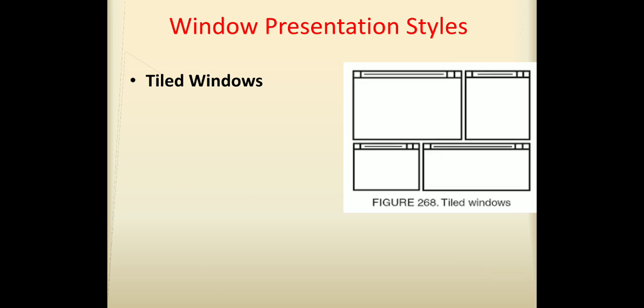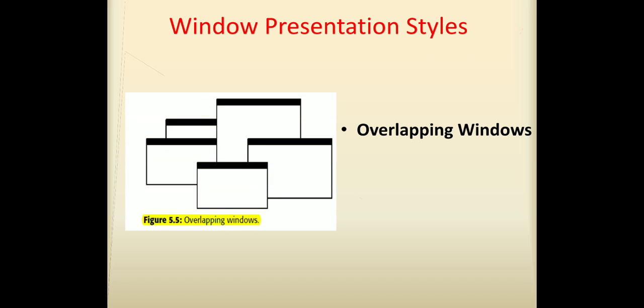The next type of window presentation that we have is the overlapping windows. Overlapping windows may be placed on top of one another just like papers on a desk. They possess a three-dimensional quality, appearing to lie on different planes. The advantages of overlapping windows are that visually their look is three-dimensional, resembling the desktop that is familiar to the user, and it allows greater control to the user to organize the windows to meet his or her needs.